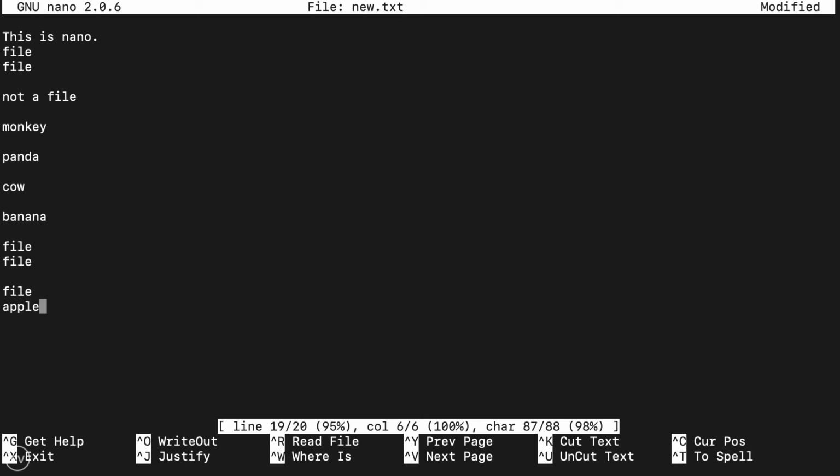Okay, if you wish to move your cursor to a specific position, as you can see, we are currently on line number 19. But if you wish to go to, let's say, line number 5, what you can do is press Control and underscore. I can show you in just a second, and it's going to be Control